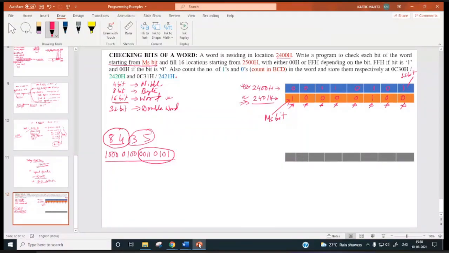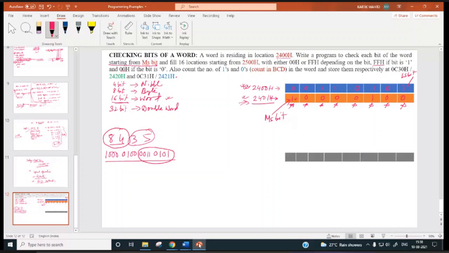If a bit is 1, then you have to store FFH, or 00H otherwise, starting from 2500H.